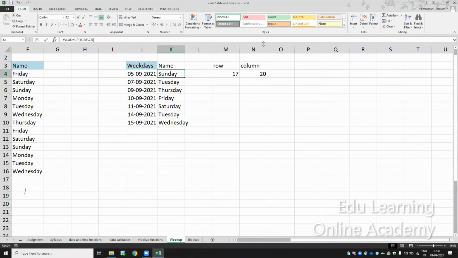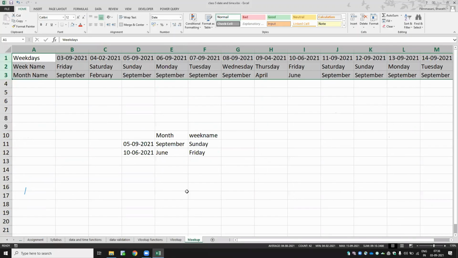If you don't want to do the HLOOKUP, that last one, I wanted to repeat HLOOKUP, right? Okay. So HLOOKUP. See, normally in VLOOKUP,